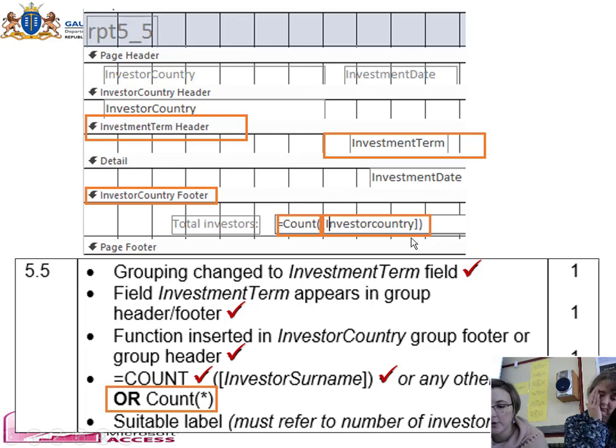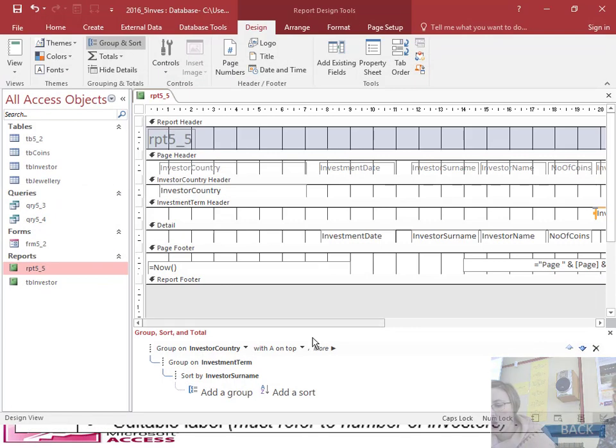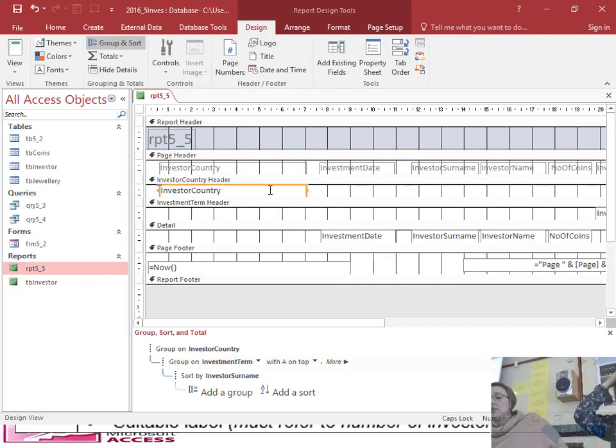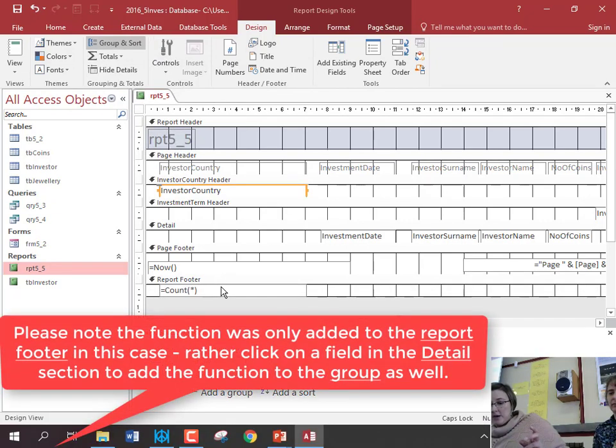Just want to double check that everyone knows. There are obviously other ways of having done that. You could have added a group there and just moved the group up, because you can change the position of the group. And the only other thing that I just wanted to say is if you then count the people in the investor country, you can do that, but you must remember, it doesn't add a label automatically there. So that shortcut doesn't add a label, but in this instance they would have lost one mark. They can go add it by hand,